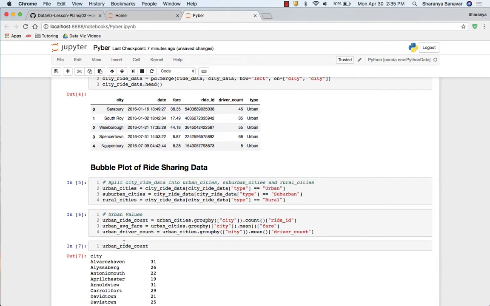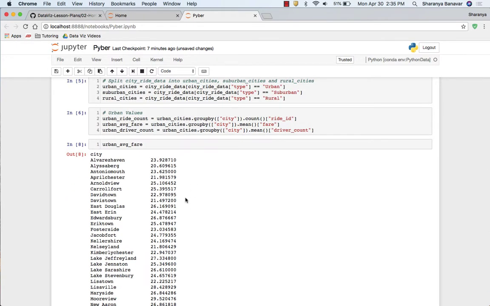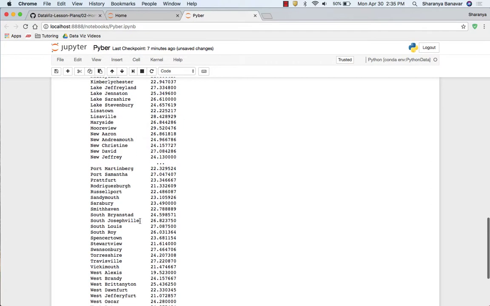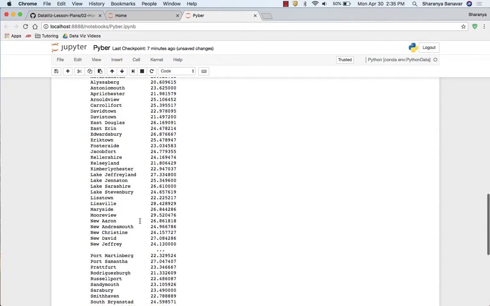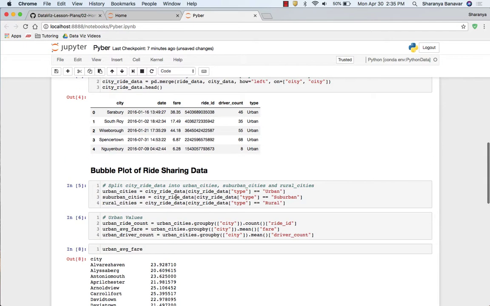Let's go ahead and take a look at average fare as well. Okay, so same order, alphabetical, but this time you have your numbers, and this is the average fare for each city. Okay, and last but not least, we do the same thing for driver count. Now, this one is a little tougher because we don't want to just count how many drivers using our city